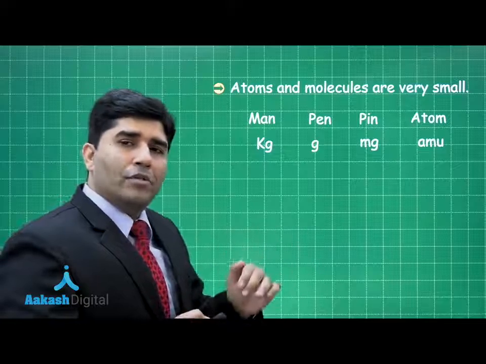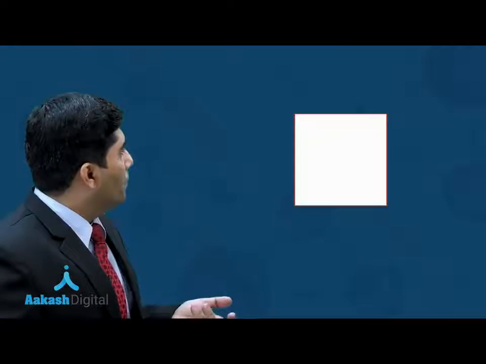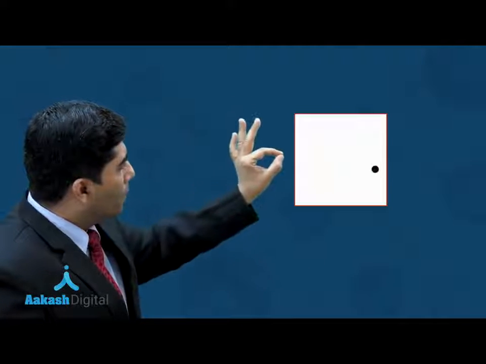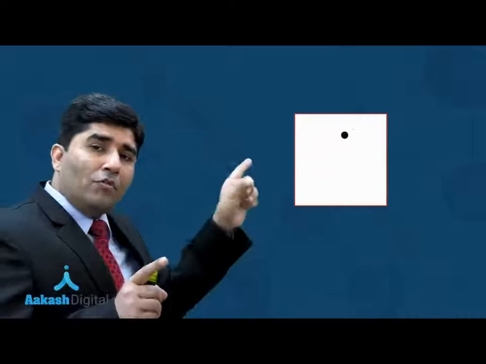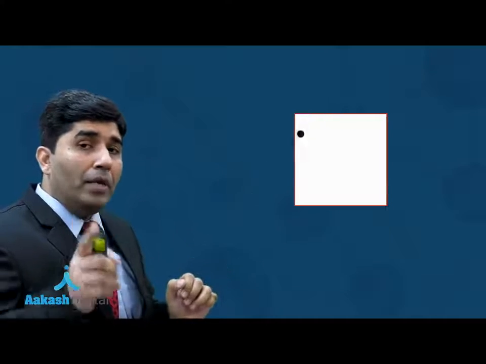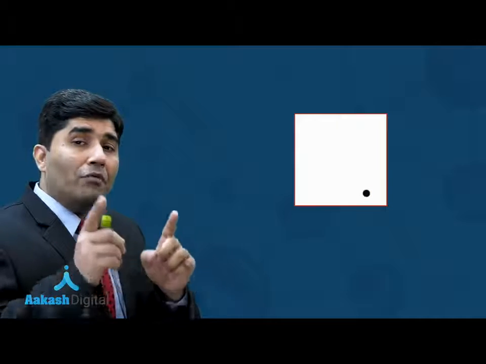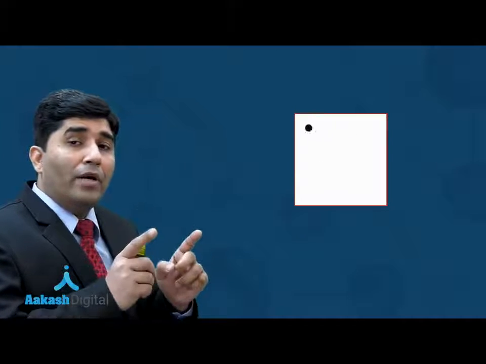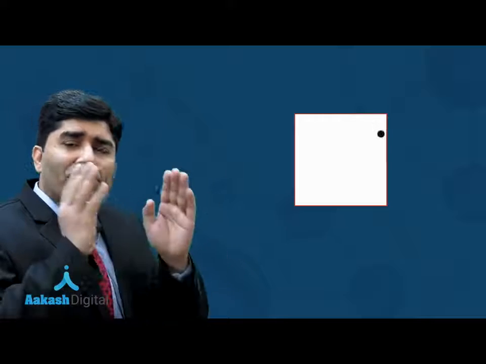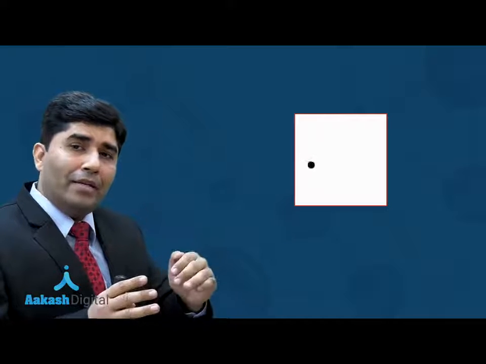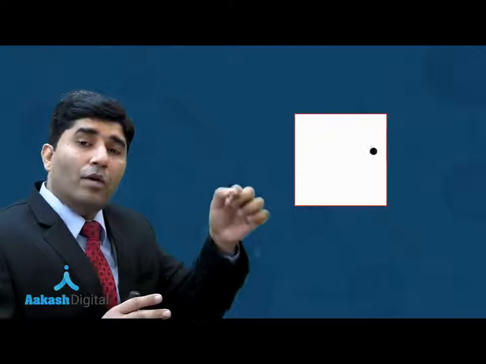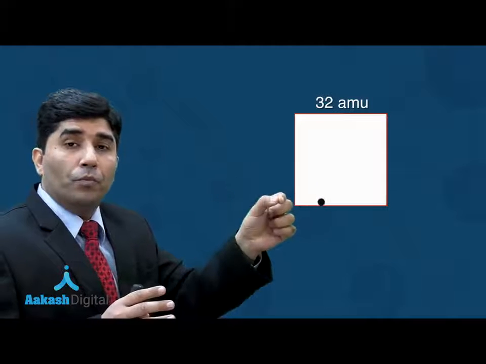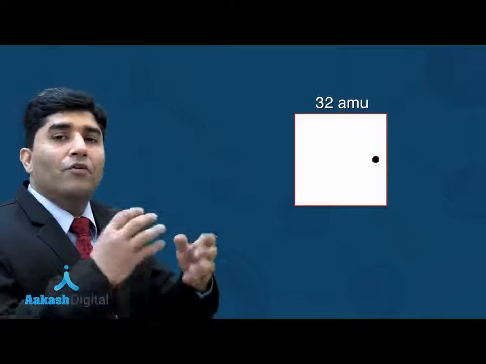So, let's demonstrate one experiment. Now, here you can see that one oxygen molecule is moving, right? The mass of this one molecule will be the molecular mass. We are finding the mass of a molecule. We are not able to see molecules with our naked eyes. They are very, very small. That's why we have taken the unit AMU. The molecular mass of this molecule will be 32 AMU. Now, since it is very small, we will keep on collecting.